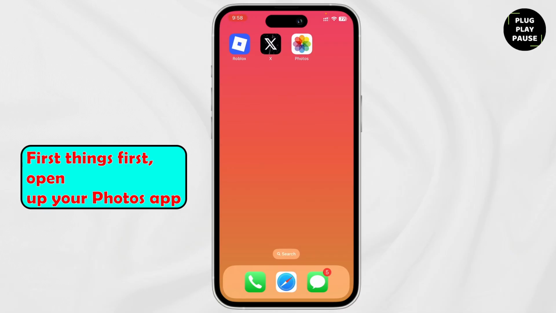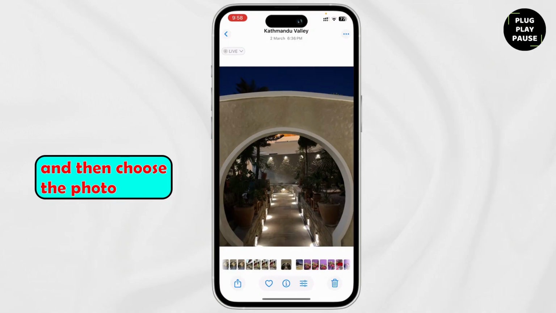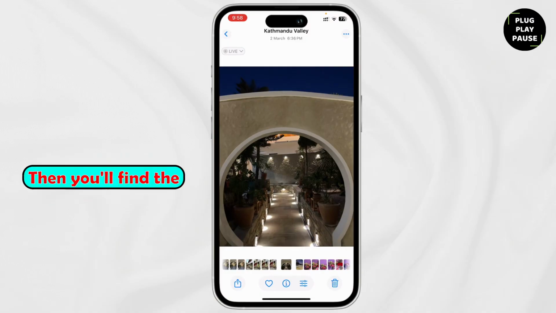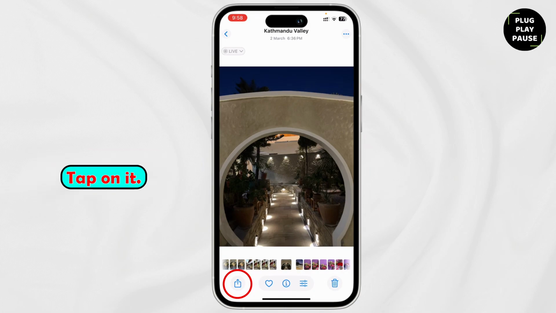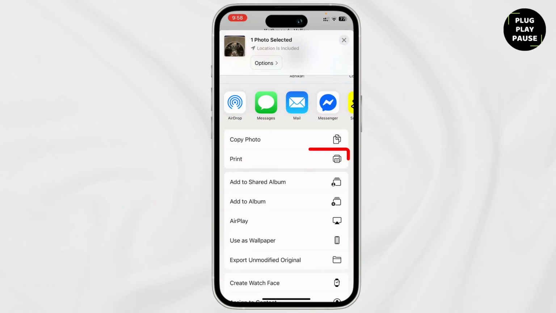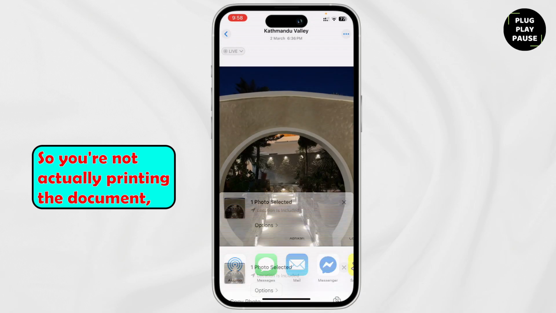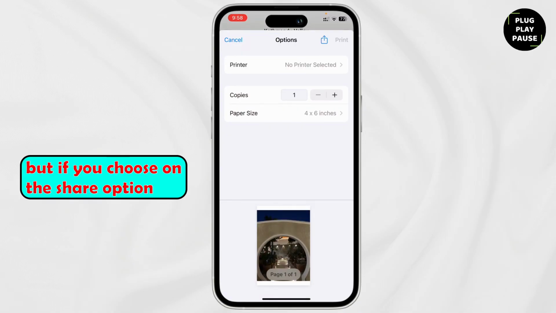So first things first, open up your Photos app and then choose the photo that you want to convert. Then you'll find the share icon on the bottom left. Tap on it, scroll down, and you'll find the print option. So tap on it. You're not actually printing the document, but if you choose the share option,